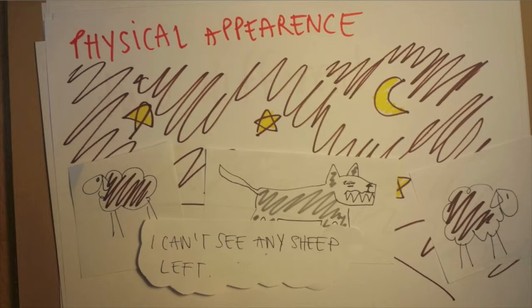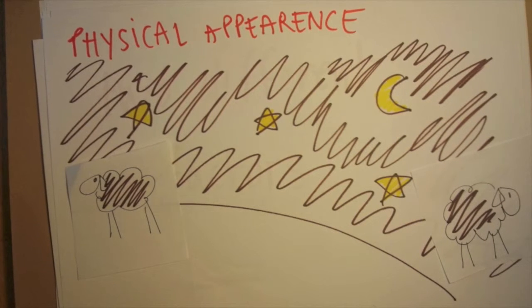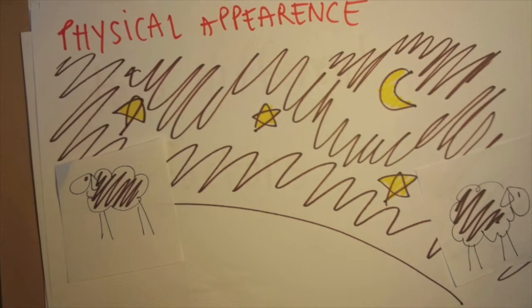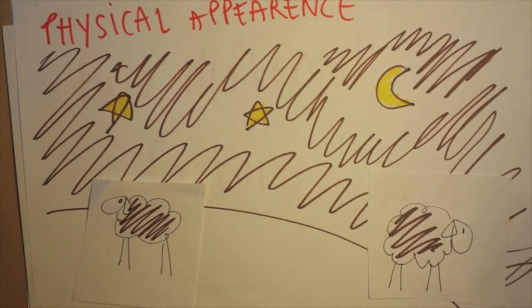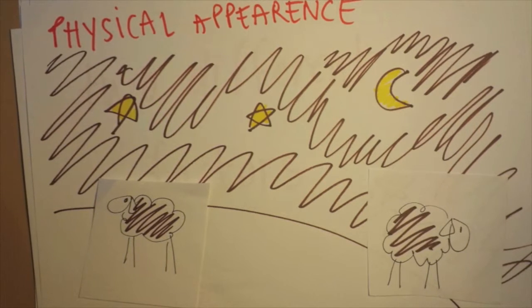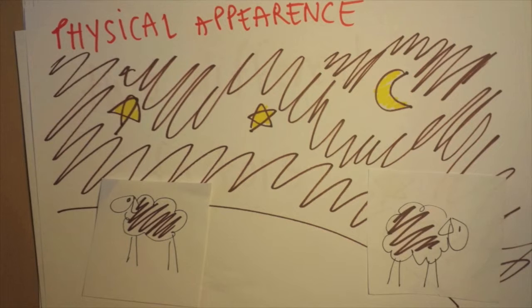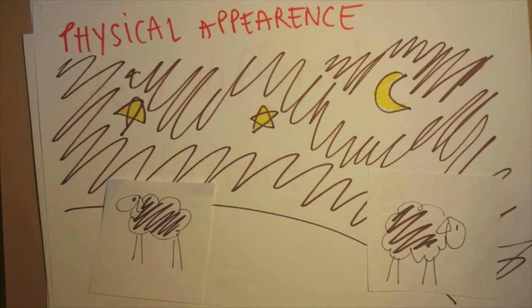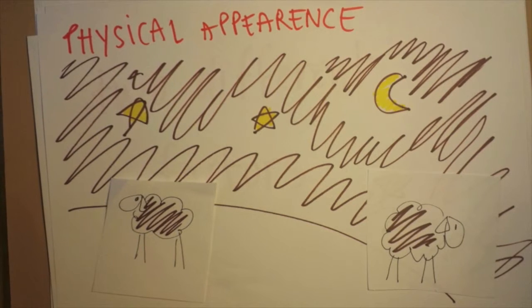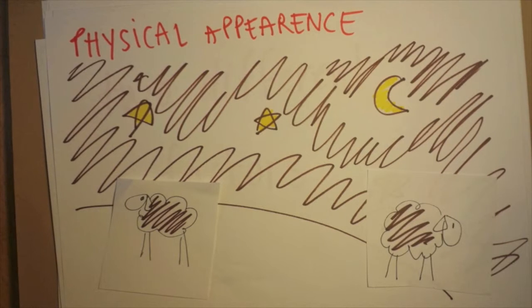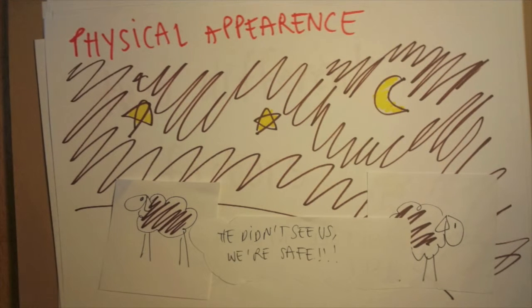Aha, but what do we see here? In the background, there are two other sheep, but these sheep somehow, some way, because of genetic variation, have a different color wool than the neon pink sheep. These sheep are brown, and therefore they hide very well and adapt very well to this environment of the dark. The wolf, well, he can't see them.